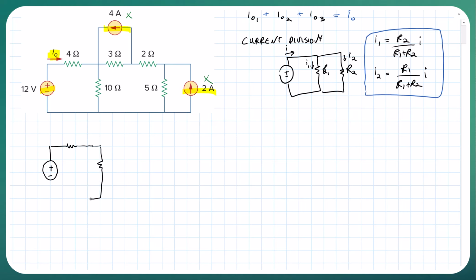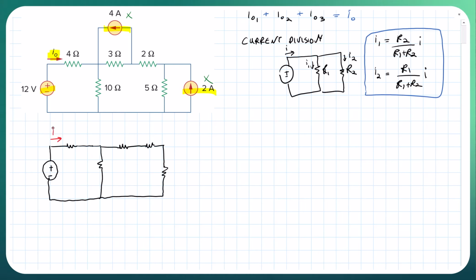We keep everything else the same: a resistor there, a resistor here, and a resistor here. Again, the 2 amps and the 4 amps up here are going to go away, because they're both open circuits, and we're left with